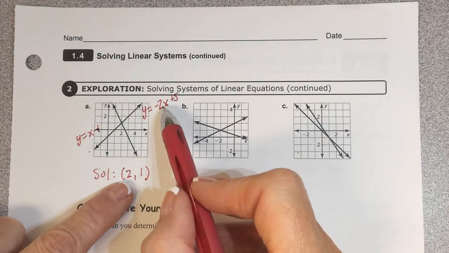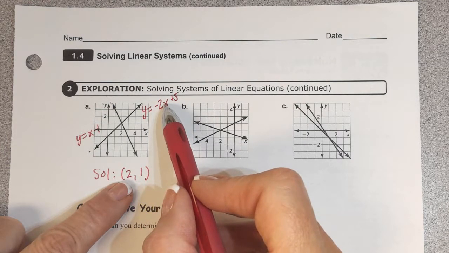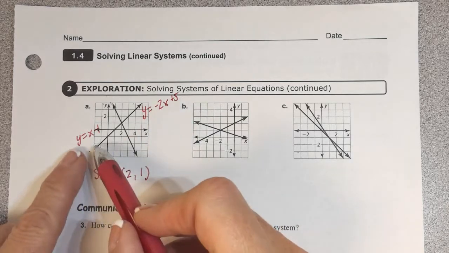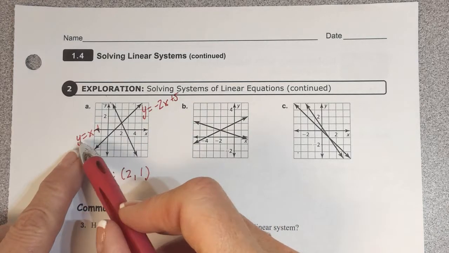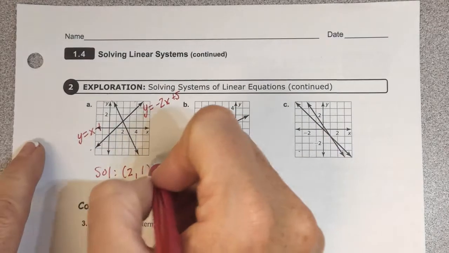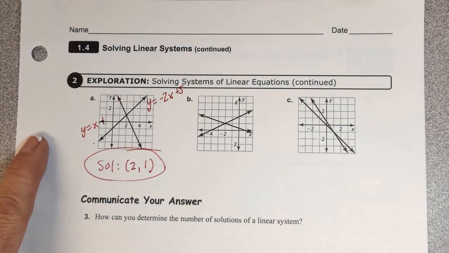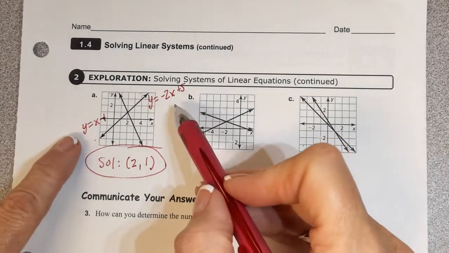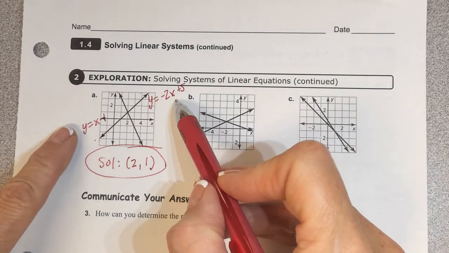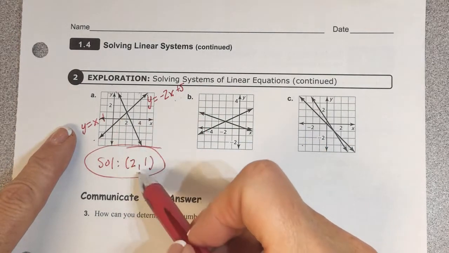If I plug 2 in here, negative 2 times 2 is negative 4 plus 5 is 1. And if I plug 2 in here, 2 minus 1 is 1. So yes, those are the 2 equations, and that's the solution. Okay? So on a problem like this, I can graph them and find the point of intersection, and that's the